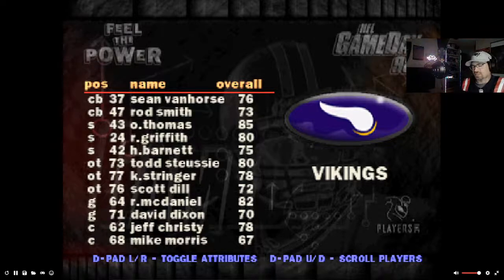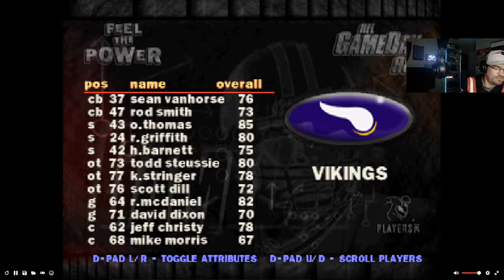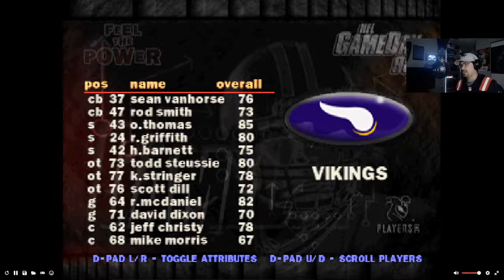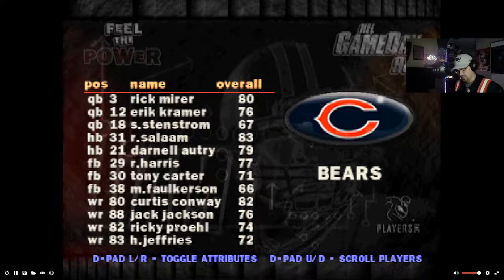The Vikings were the 6th seed. They were 9-7 that year, so they definitely competed. In fact, 4 of the 5 teams in the NFC Central Division went on to be in the playoffs. 4 of the 5 teams. That division was stacked. And then, as you can see, we start over again. So, pretty interesting.